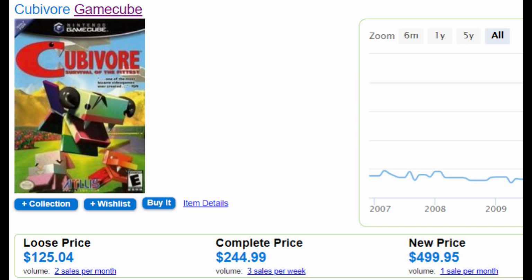Just like with Go Hypergrind, Atlas did a very small manufacturing run on this game, and Cubivore only sold around 10,000 copies in North America, so there aren't very many of them out there. It's a very weird and unique game, and it is very rare and very expensive. Currently on PriceCharting.com, we have a loose price of $125, a complete price of $245, and a new price of